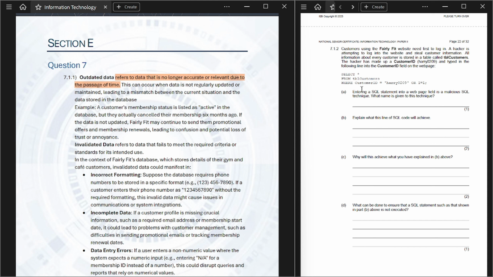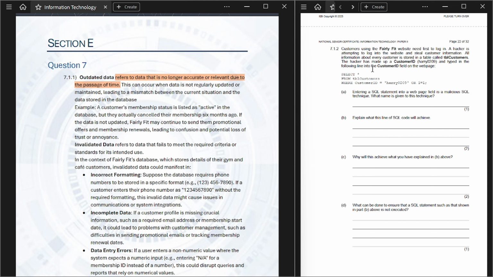All information about every customer is stored in a table called TBL customers. The hacker has made up a customer ID, Harry0209, and types the following line into the customer ID field on the web page. SELECT * FROM TBL customers WHERE customer ID = Harry0209 OR 1 = 1;